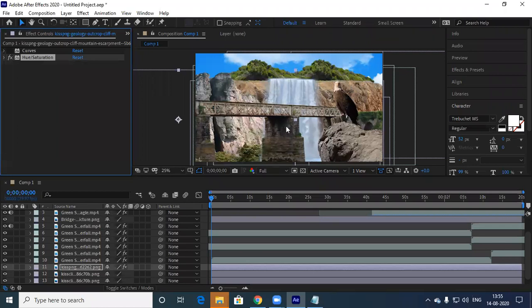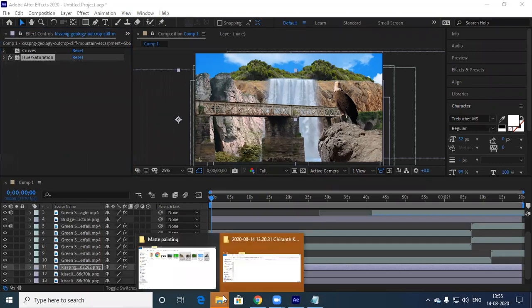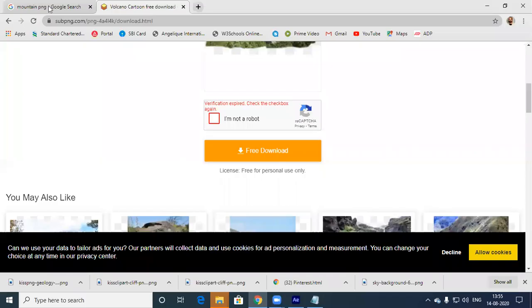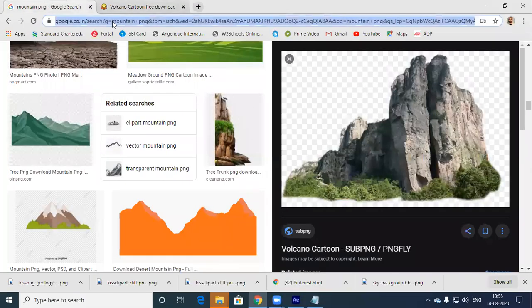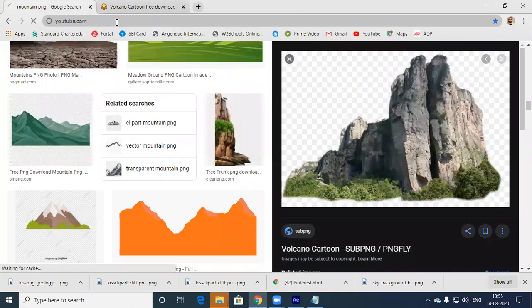Okay, it's like this. Now another area wherein I want river green screen.